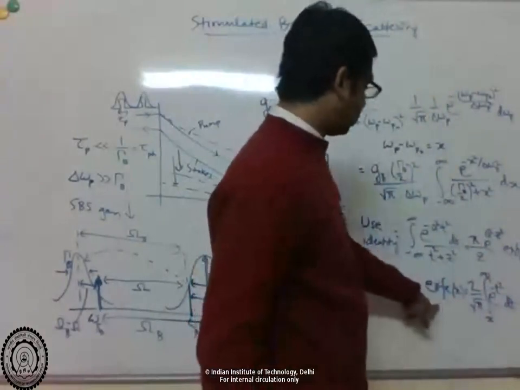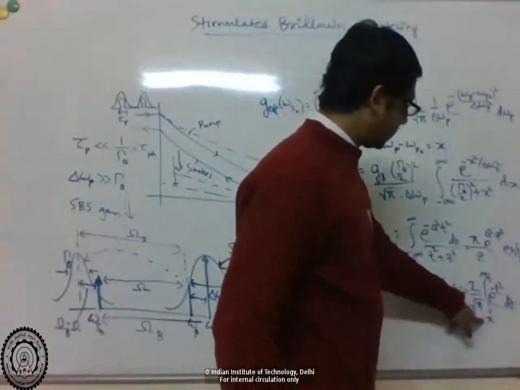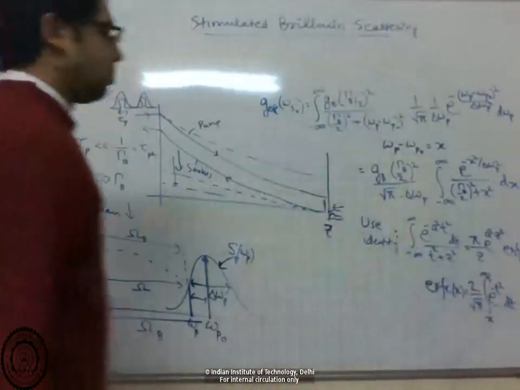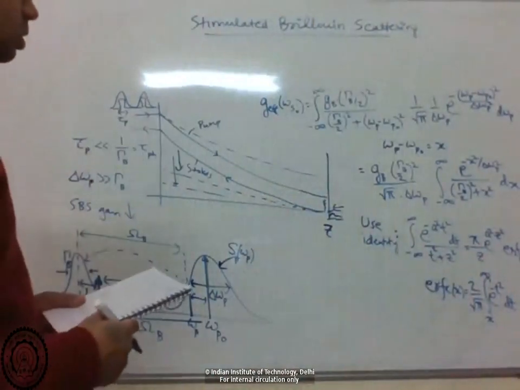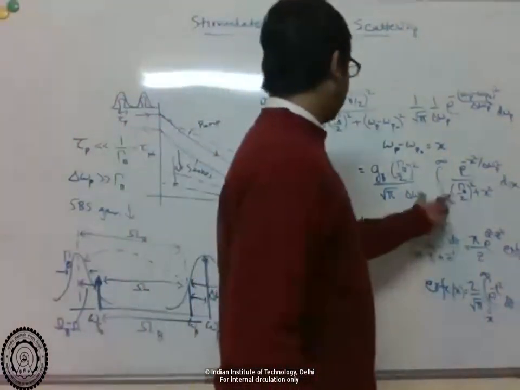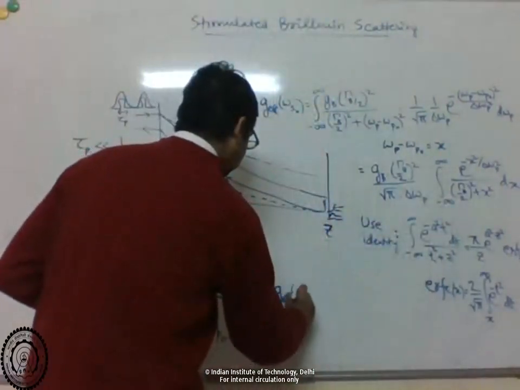The complementary error function of x is the integral from x to infinity of a Gaussian function. If you use this identity here, then you see that the effective gain